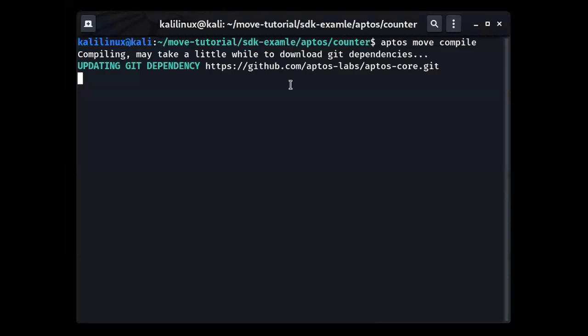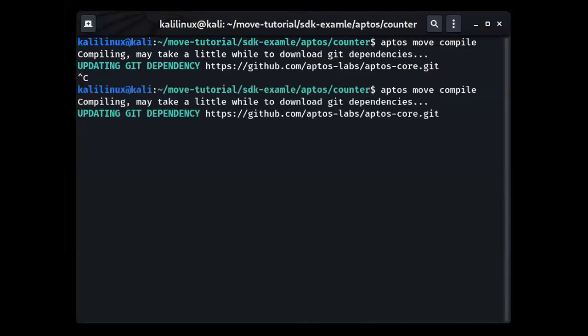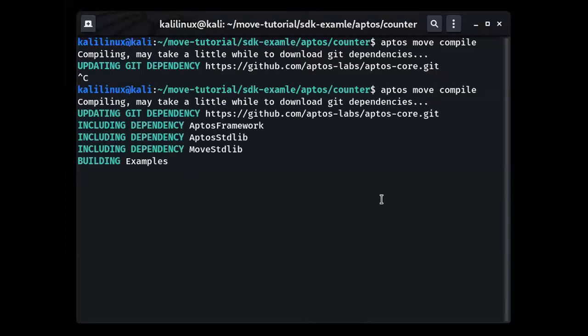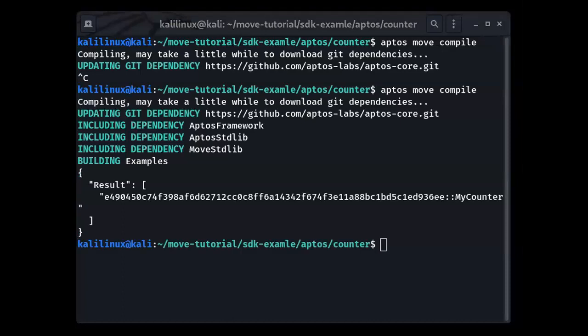added this counter.move. You can just run a normal Aptos move compile. It's taking a bit long for me. My system just shut off and I've just restarted it. So I'll wait for a bit for it to get installed and then compile. Okay, so you can run Aptos move compile just like in our previous examples. So yeah, it's just built